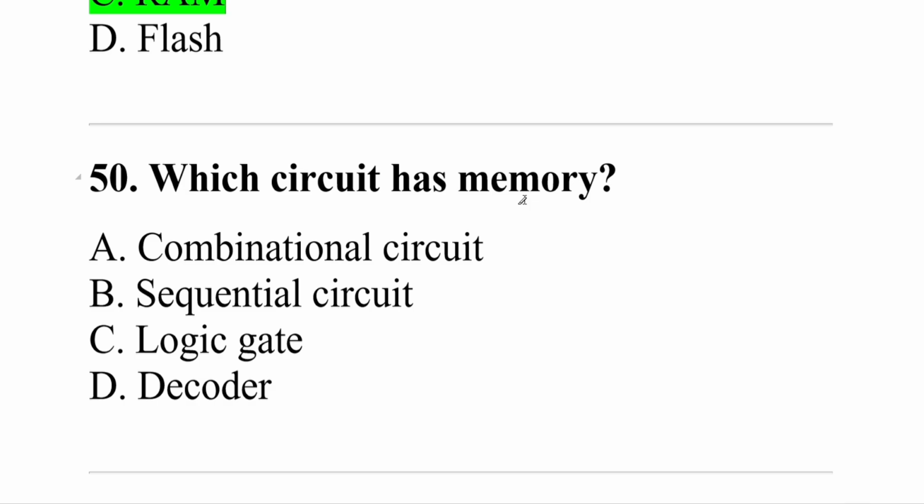Moving ahead to our last question. Which circuit has a memory? Option A combinational circuit, B sequential circuit, C logic gates, D decoder. And the correct answer is option number B, that is sequential circuit. It means sequential circuits use memory elements such as flip-flops, so their output depends on both current input and previous